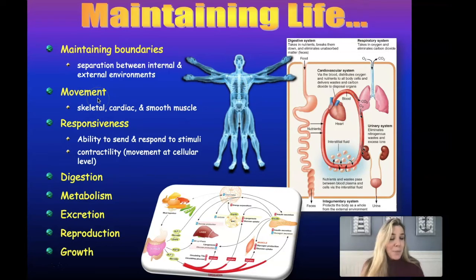Movement. We need to be able to move, not just on a macroscopic level, but also on a microscopic level. On the macroscopic level, we have to be able to move our skeletal muscles. We have to be able to move our legs, our arms, our head, our mouth, all that kind of stuff. Of course, we have movement in our cardiac region, i.e. our heart. The heart has to pump in order to pump blood through it. And of course, we have smooth muscle that's found in all of our organs, inside our blood vessels, to keep liquids and nutrients moving the way they need to move. So stuff is moving, and that's one of the ways you know that you're alive.